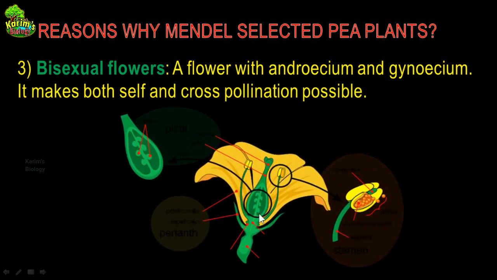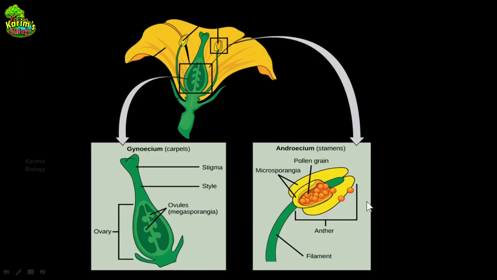You know that every flower contains a gynoecium which has ovary, style and stigma, and there will be an androecium that contains stamen, anther, and within anther you can find pollen grains, right? Let's move on to the next slide. This is another picture showing clearly the different parts in a flower. So what is this flower?